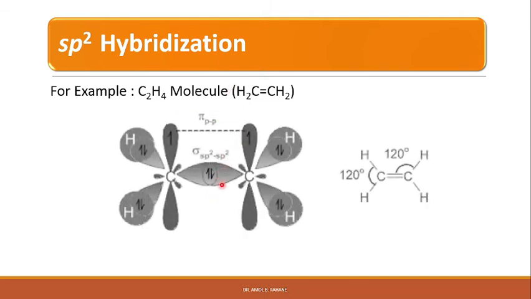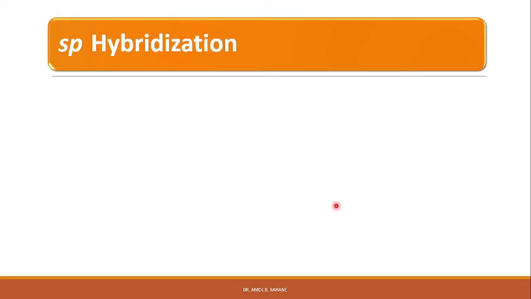In the case of the C2H4 molecule, the hybridized orbitals form a sigma bond. So an sp2 hybridized sigma bond will be formed, and the unhybridized p orbital will form a pi bond, right? The pi bond is localized above and below the axis of the bond, and therefore we have a double bond, right? One is a sigma bond and the other is a pi bond, and the bond angle between the CC and CH bonds, that means between these orbitals, is 120 degrees, right? Between H and H it is also 120 degrees, right?